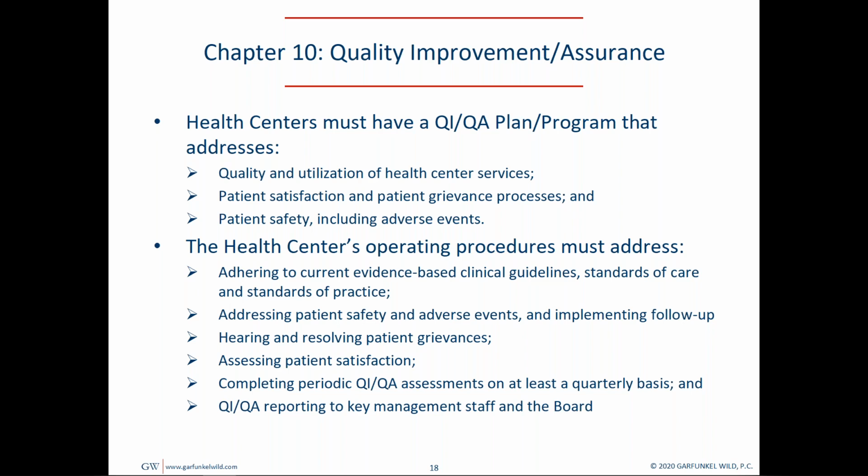Okay, they want you to have clinical policies as well. So I'm going to give you an easy trick for clinical policies, right? Some places I go to have 1,000 pages worth of clinical policies, and I say, that's great. What about the clinical policy on this? It's not possible to have a clinical policy on everything. So you can have some, but what I would tell you is you want to have a policy that says something like,